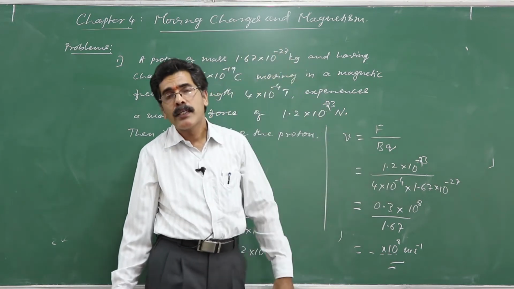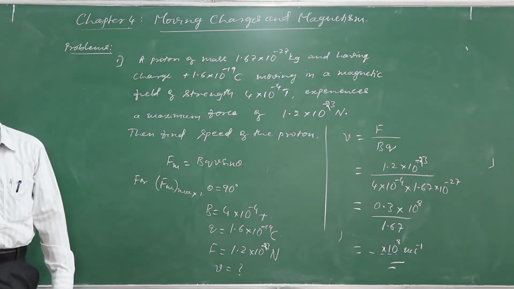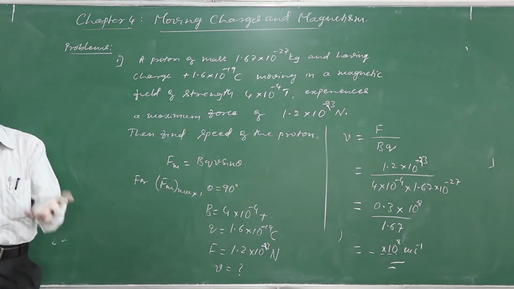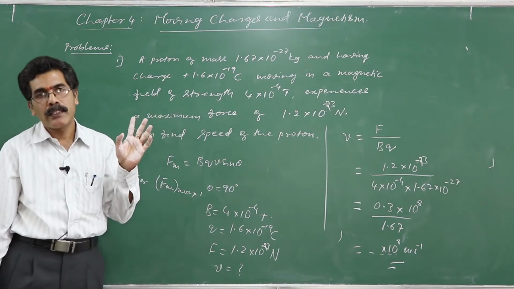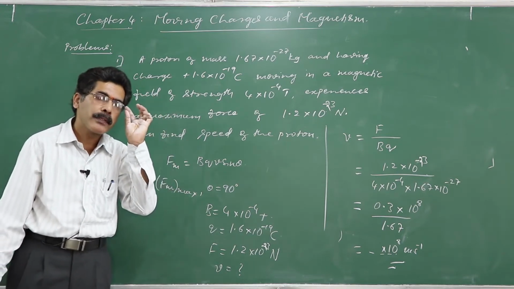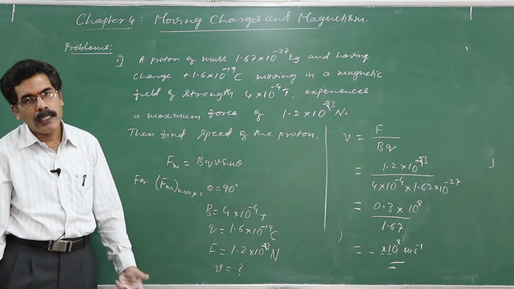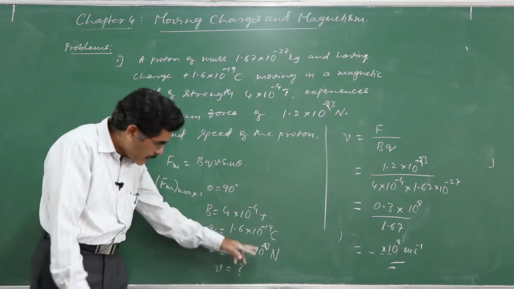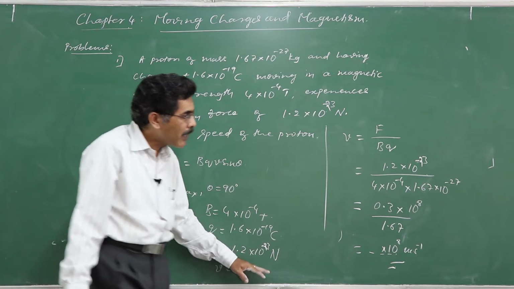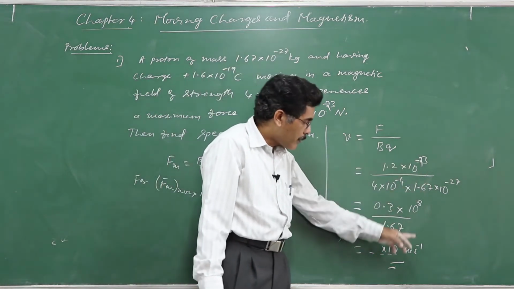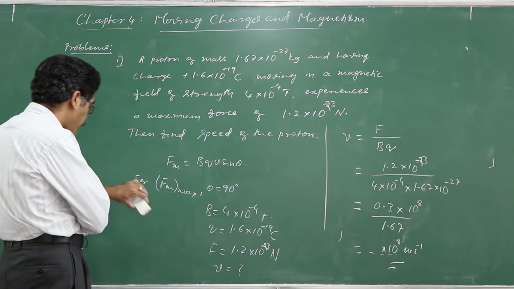It is impossible. So you know that the ultimate speed that you could expect is the speed of light. Only a photon can travel with the speed of 3 into 10 raised to 8 meter per second. I mean, light can travel with that speed. No particle can move with that speed. Light speed is the ultimate speed. Therefore, I just change the numerical value so that it experiences a very less force, and so that we will get this value. Okay, please simplify this.